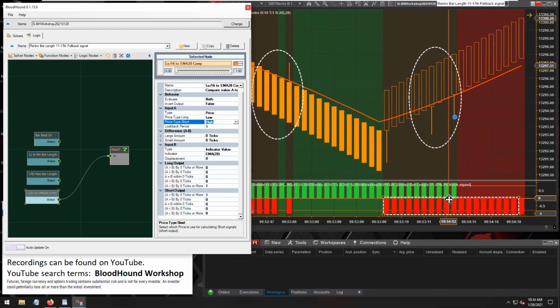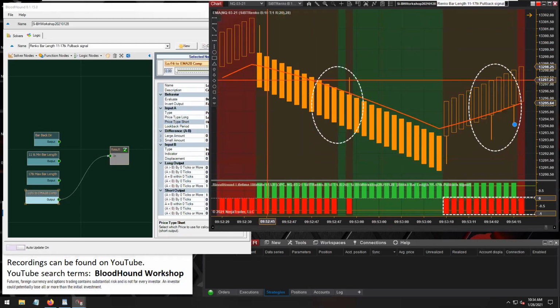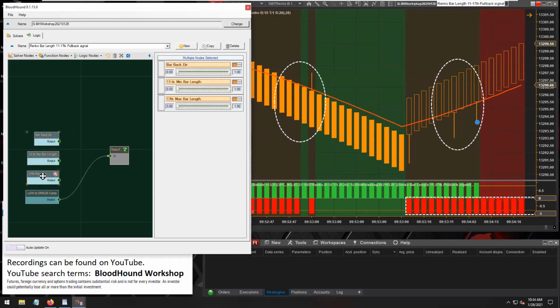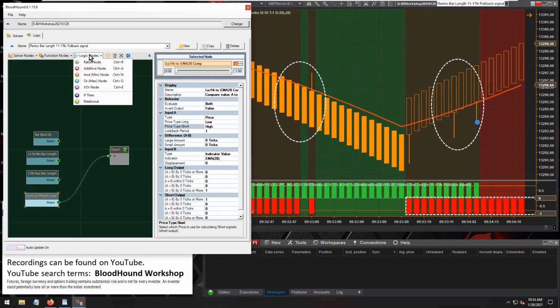We're always going to get a short output when the bars are up bars, and if they're down bars, then we're always going to get a long output. But that's okay, because we have these other solvers here. When they're doing their duty, they're going to clean this one solver up. So once we combine everything together with an AND node,